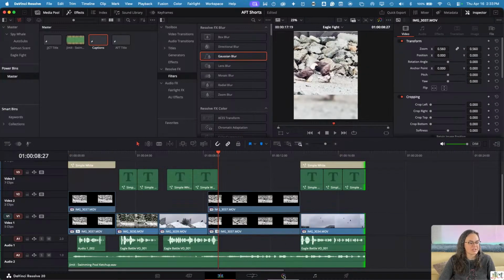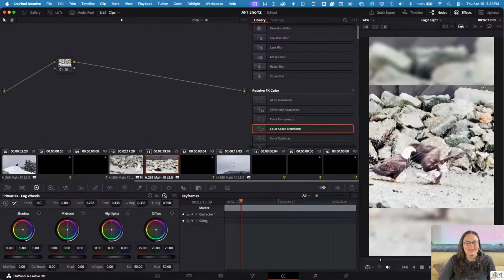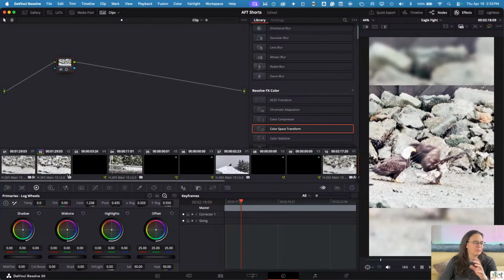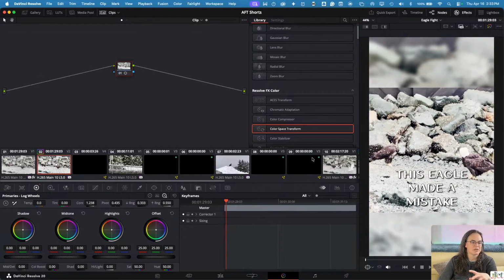Great. So that's color correction. You don't need to touch every single slider. You can definitely overwork your color pretty easily. This looks terrible to me right now. I will have to spend a little bit of time on this just because the eagles are the same color as their background, because nature. So I'm going to come back and correct this and touch it up a little bit more before I fully send it out. But just know that for now,